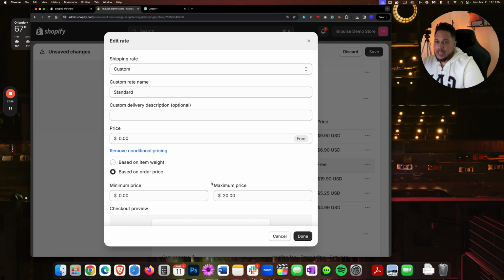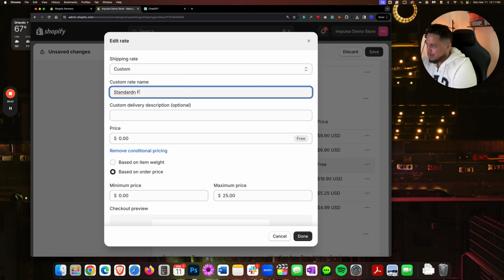From 0 to 20. Now remember, if you guys are charging taxes on this, maybe 20 might not be the perfect example. Maybe you want to add the taxes to it. So you might want to say $22 or $23 or heck, even $25. It's just that you know that that's how much it's going to be for one item. That's my point. So the maximum price is hypothetically call this $25. And then right here, you would say standard,